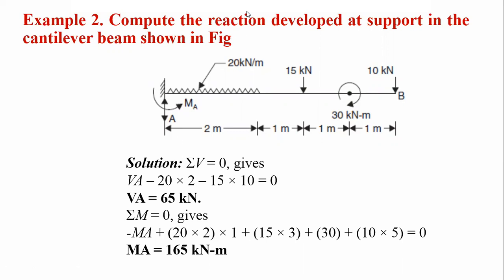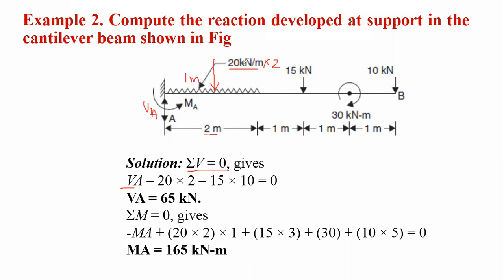Now the vertical reaction, that is VA, we have to find. For that, summation of all vertical forces is equal to 0. This is the equilibrium condition we have used. Here this VA is going vertically upward, that's why it is taken as positive. Now convert this UDL into a point load. We multiply the UDL by the span of 2 meter, and this load is located at half of this length, that is 1 meter from the support A.